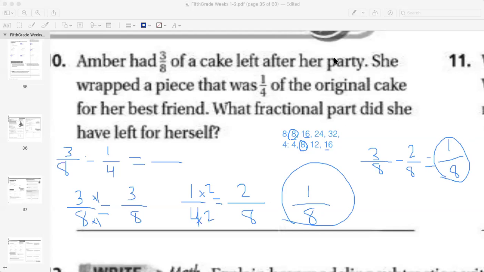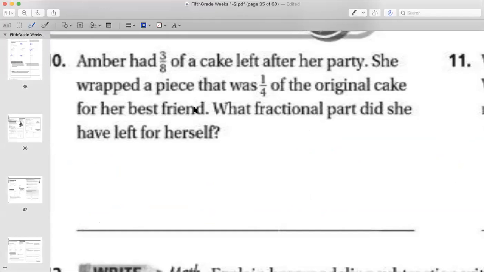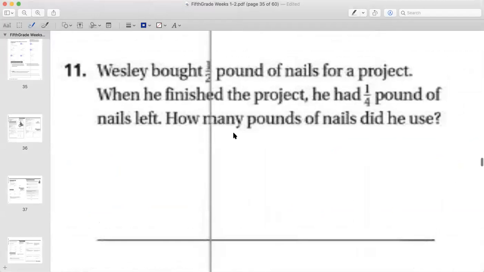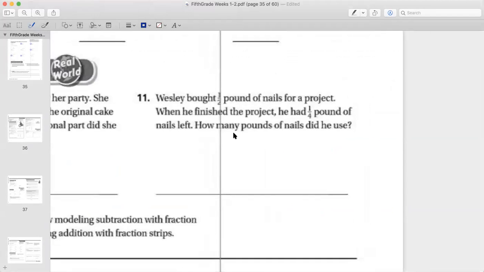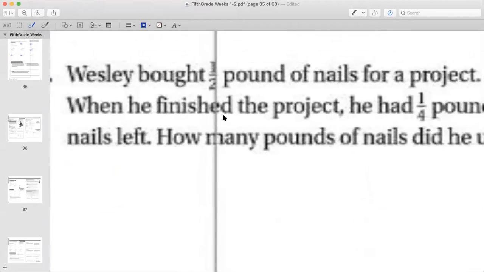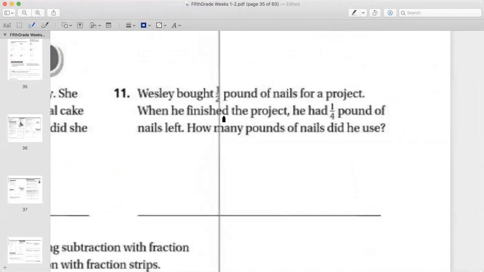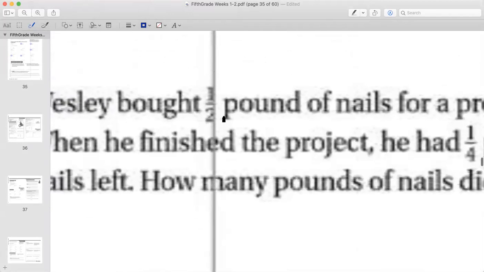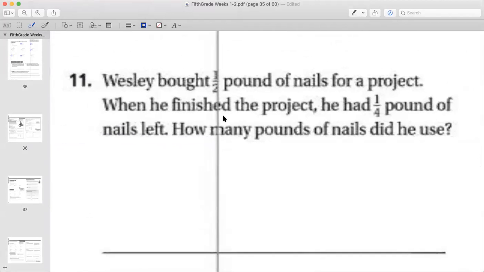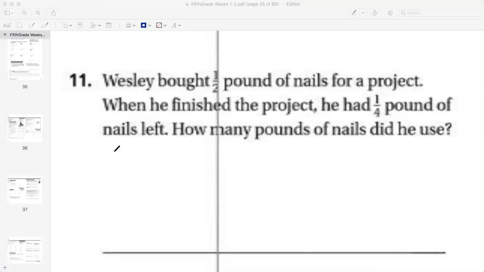And then I am going to have you do the last story problem by yourself, but I will walk you through it a little bit. So it says Wesley bought, wow, that's hard to see. I think it's a half. Yeah, 1/2 pound of nails for a project. When he finished the project, he had 1/4 a pound of nails left. How many pounds of nails did he use? So they're just saying that Wesley started with a half, and then he used up some amount, and he ended up with 1/4. So to find the difference in there, we do 1/2 minus 1/4